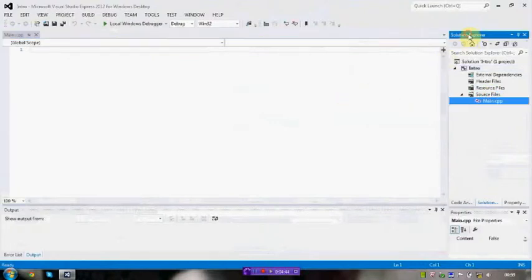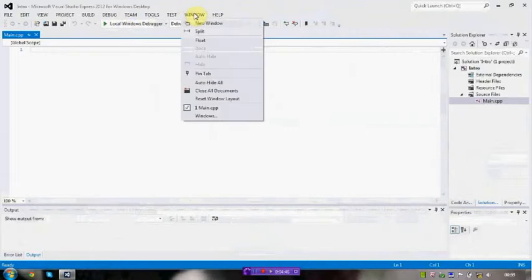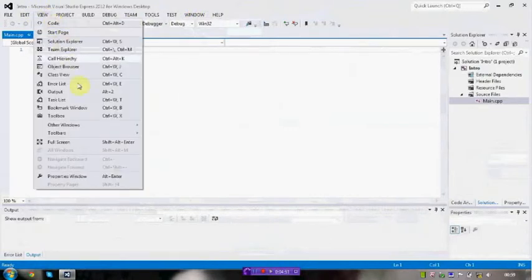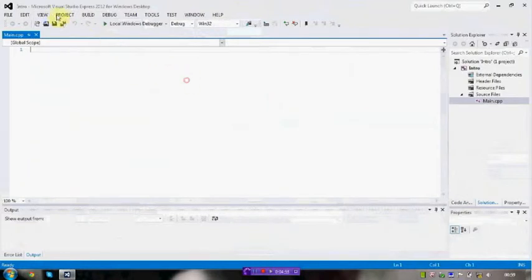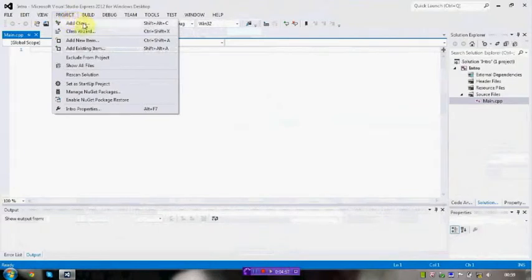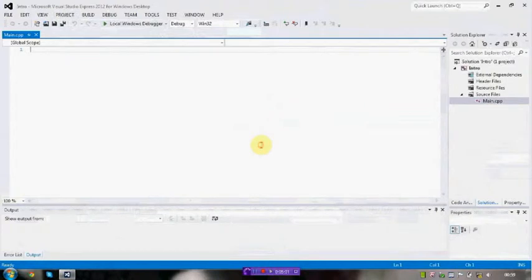If you've closed down the solution browser at all, you can reopen it in window, I imagine. Nope, but it'll probably be in view. There we go, Solution Explorer. Or failing that, you can create a new file through project, add new item there, as well as all the other stuff. So I'm going to just dive in,